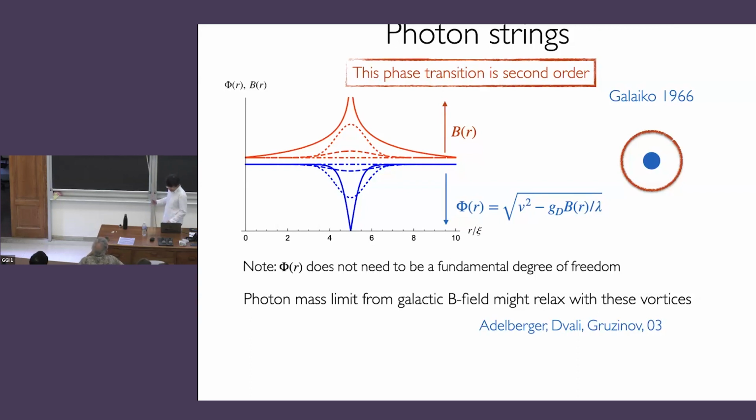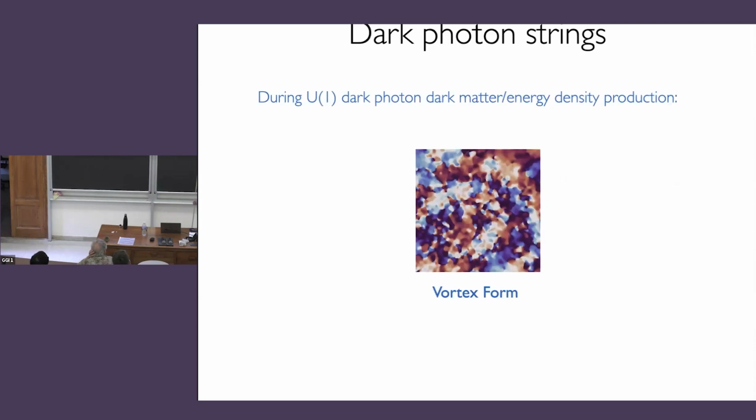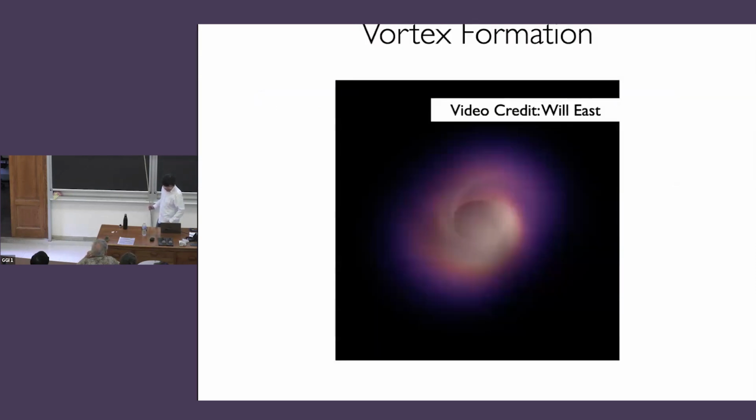And I introduced this material in the context of a superconductor. But what I will show you is that the same dynamics actually occur for any dark U1 when you want to pump energy into this dark U1. So what I will show you is if you try to produce dark photon dark matter, for example, or dark photon superradiance, or any way you want to pump energy density into this field, vortices form, and things change very dramatically. So the first thing that I'm showing you is a simulation done by Will East,